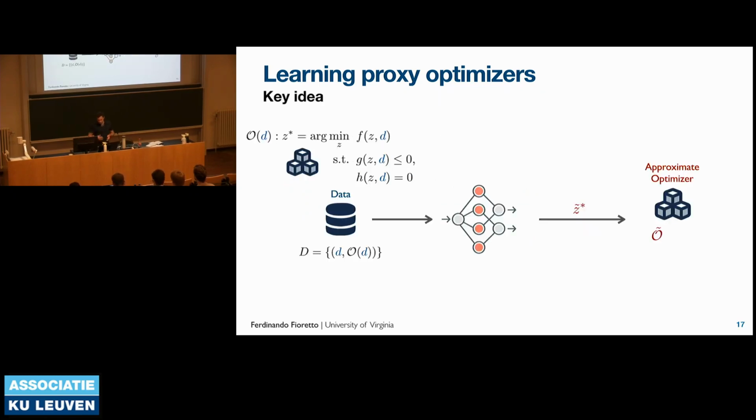What we want to do is build an agnostic system that, starting from a distribution of instances, O of D, that constitutes our data set, our training data, learns an approximation, O tilde in this slide, of the original problem. So take our optimal power flow. We want to find, by means of training a machine learning model, a mapping from inputs to solutions directly. And we want those solutions to be as good as possible.